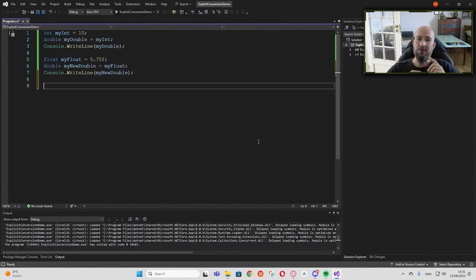Now, it's important to understand that implicit conversion only works when there's no risk of losing data. If there's a possibility of data loss, the compiler won't perform the conversion automatically. For example, you cannot implicitly convert a double to an int, because doing so could result in losing the decimal part of the value. For example,